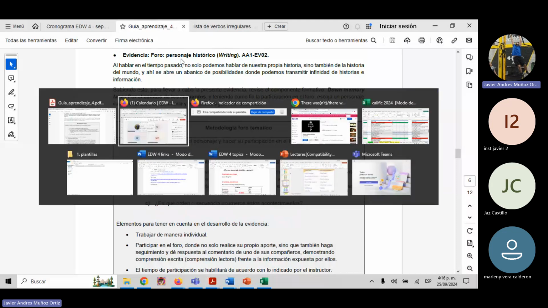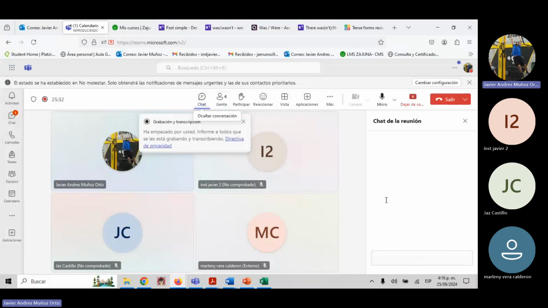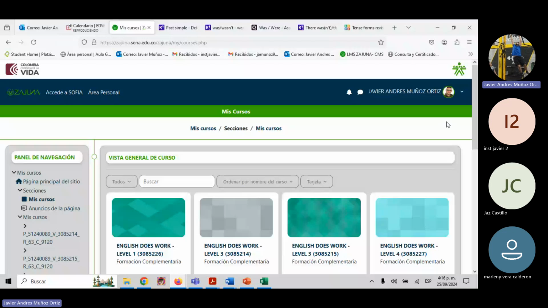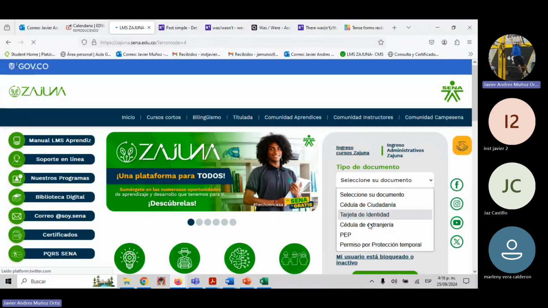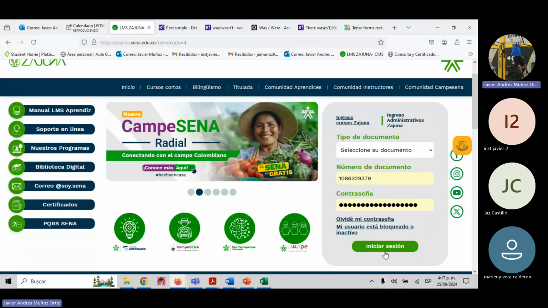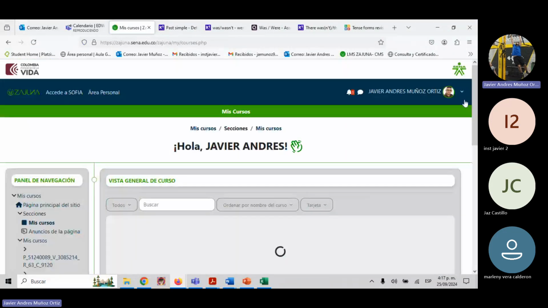So in order to check some information we might need to develop this activity, we're going to check this componente formativo that we are going to find in Sayuna. So you already know how to join Sayuna, therefore I'm not going to spend time there. Oh, Jesus Christ, I forgot to choose the ID. Okay, so we go to Sayuna.